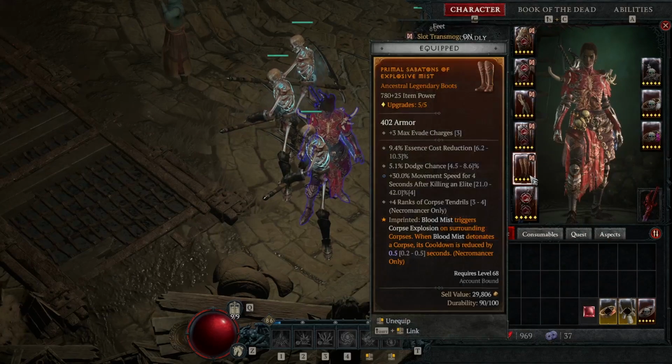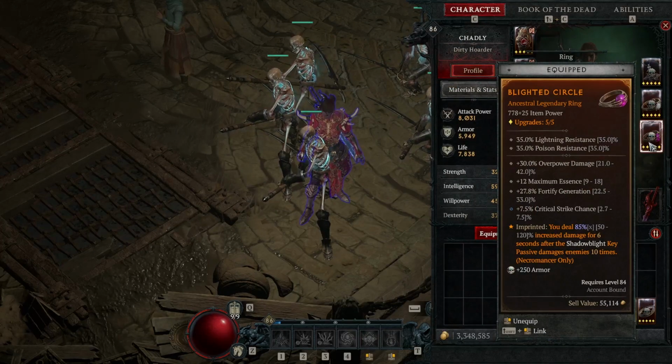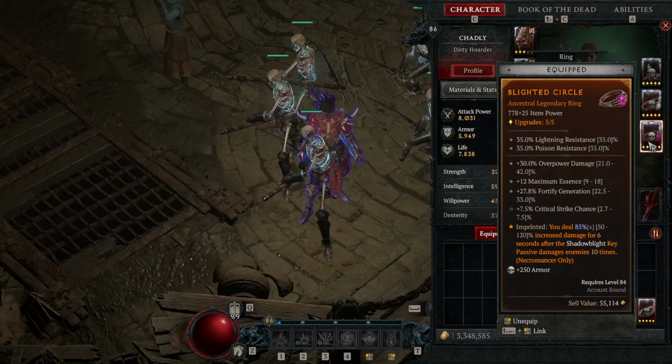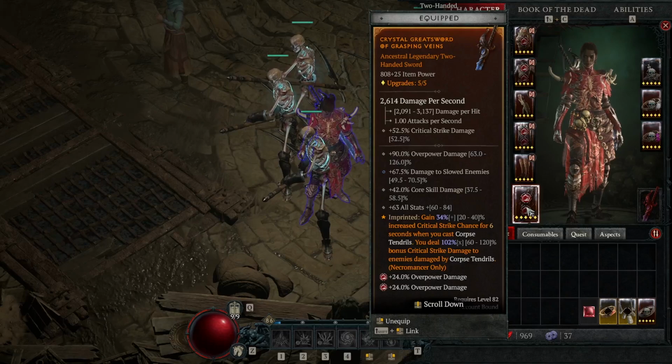So that's usually what my combo is on like a boss. I'll start with the Blood Mist, and then by the time I'm out, I have the 120%. Obviously, it's 85% in my case. So like I was saying earlier, I'm missing a ton of damage on this build. I'm missing so much. And then on our two-handed, this is where we're going to be putting our Corpse Tendrils